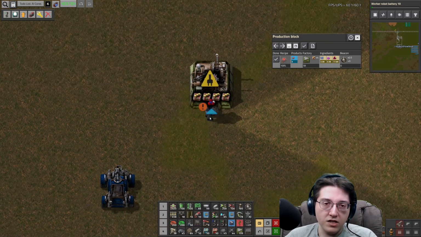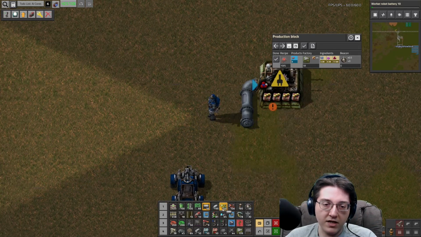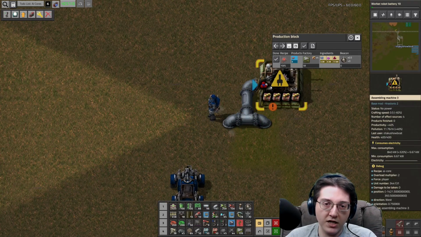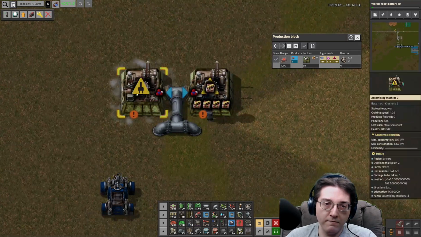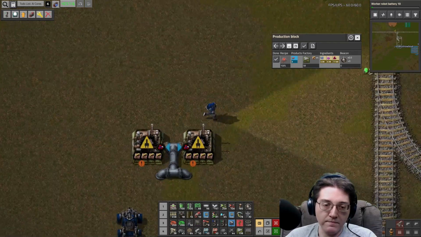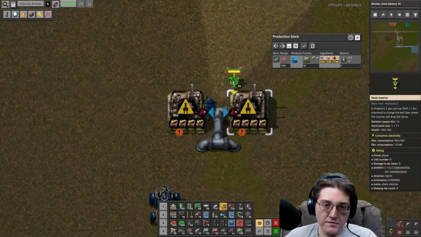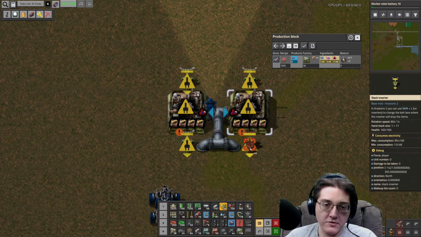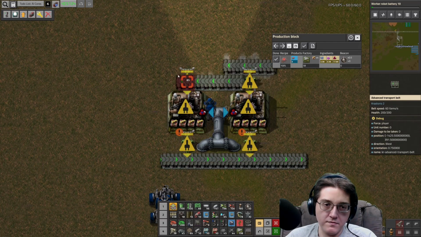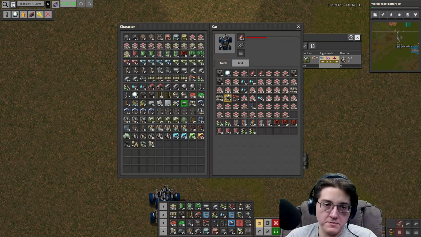Yes. So, the thing about this type of build is that because it is an assembling machine using a fluid, this is how I tend to build this. What this allows me to do is have input, input, output, output, just like so, with the exception that I am absolutely going to be using